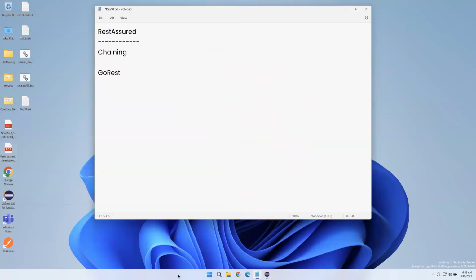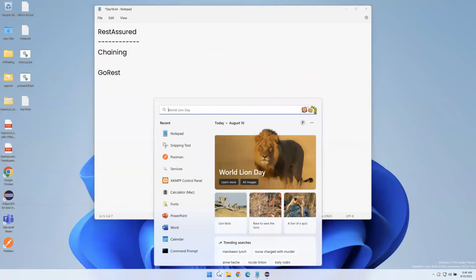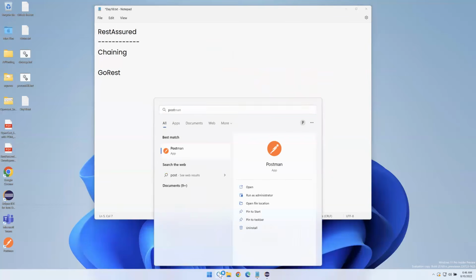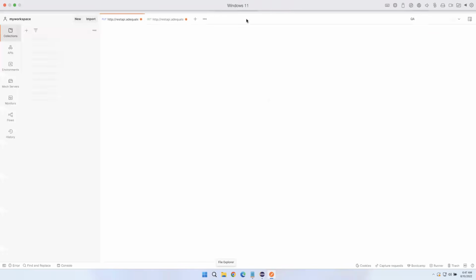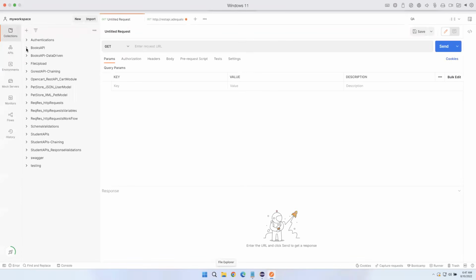So let's go to the Postman. In the Postman also, we have seen the chaining process, right? Let me open my Postman. And here we are using Go REST API. In the Go REST API, if we want to use it, we should create a token, right? So we need to have a token. Let me just go to